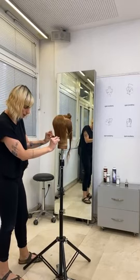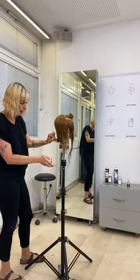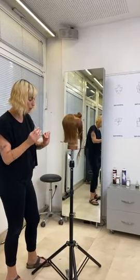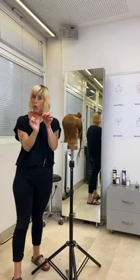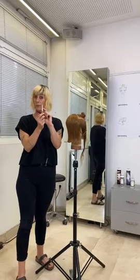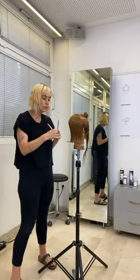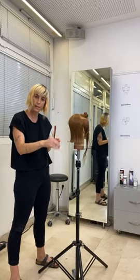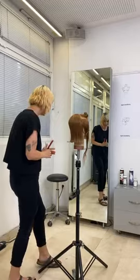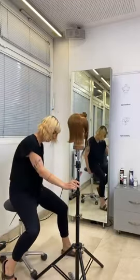Everything through the comb, 90 degrees down, trying not to put too much tension on the hair, and then just following everything with my scissors. What I'm trying to do is not use the whole comb, but only a part of the comb, and the scissors from the middle of the blade to the top of the blade. This is because for me it's easier to control the cleanness of the line when I don't use too much of the comb or the scissors. So again, I sat down,